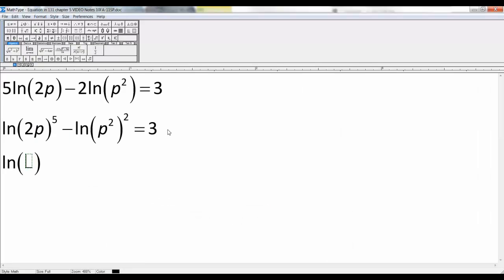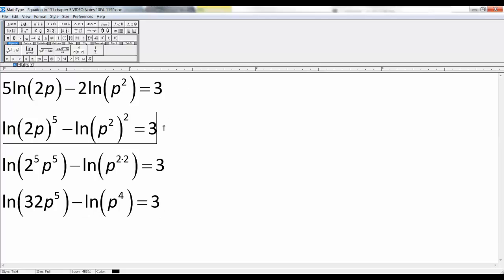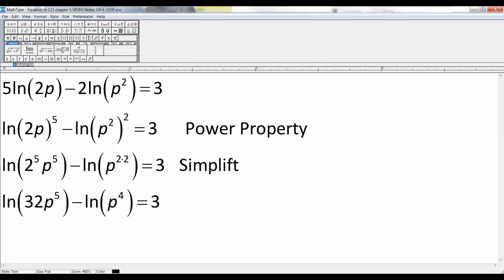All right, so this is the ln of 2 to the 5th, p to the 5th, minus the natural log of p to the 2 times 2, equals 3. So this is the natural log of 32p to the 5th minus the natural log of p to the 4th. Okay, so I used the power property right here, and then I'm simplifying for the next 2 steps. Simplify, simplify. Now I'm going to use the quotient rule and make one logarithm out of it